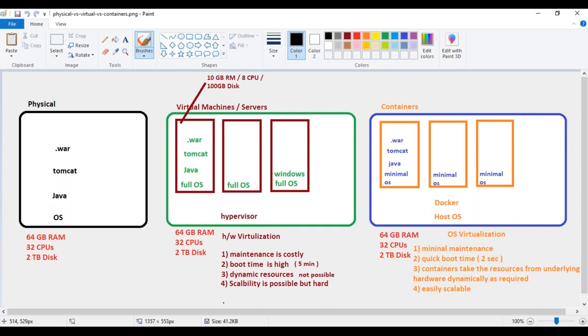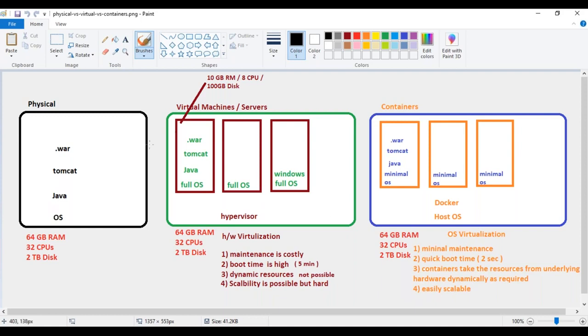People wanted to move out of it, or wanted a better solution to host applications. They obviously wanted to reduce the cost. This is where, somewhere in the 2000s, we came across a new technology called VMware, or virtual machines. What exactly are these virtual machines? It is the same physical box, but we converted it into multiple virtual machines based on the hardware resources. What do we mean by this?